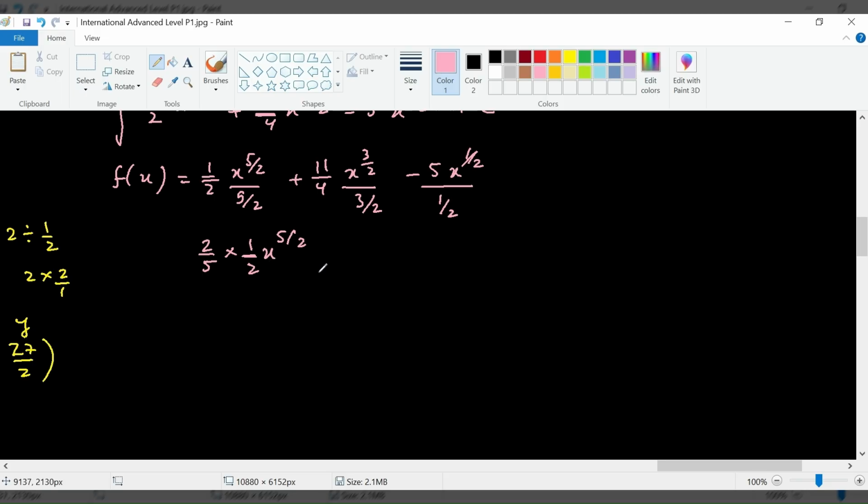And this is going to give us 2 over 3 multiplied by 11 over 4, and then x to the power 3 over 2. Because down there it was dividing, I multiplied with the reciprocal. And then this is going to be minus 10, and x to the power 1 over 2. And always remember to write a plus c. Now, further simplification of this is going to give us